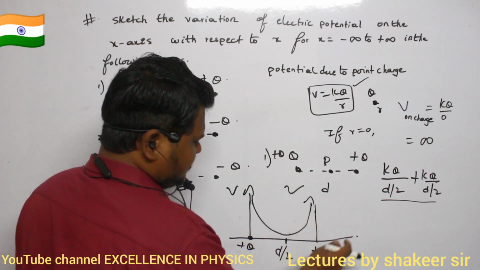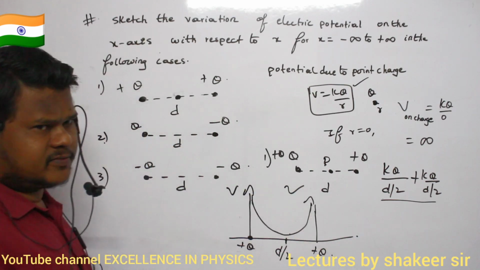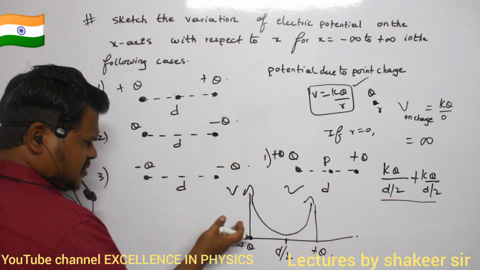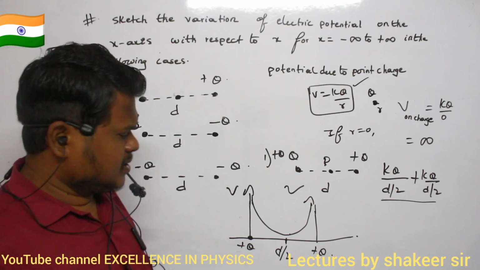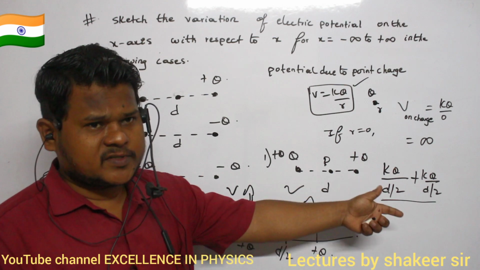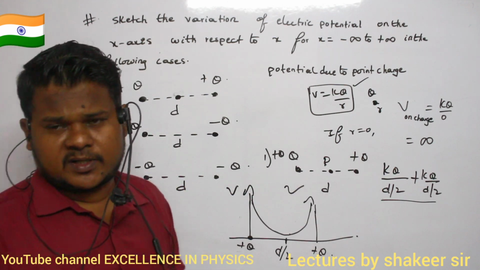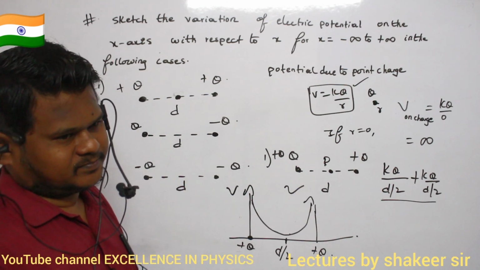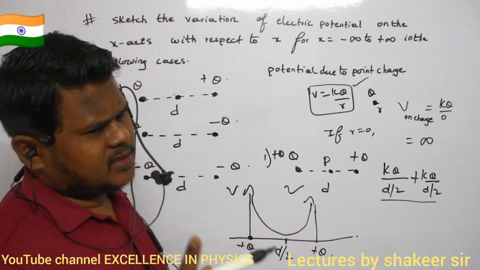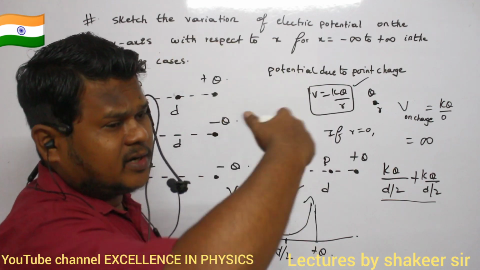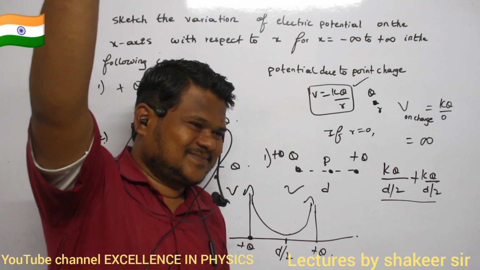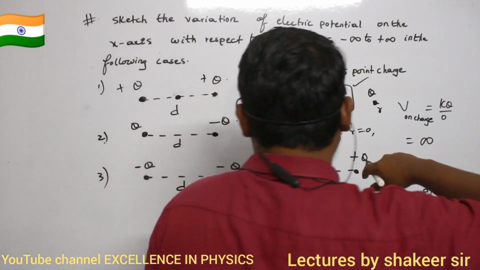Now on the right side of the second charge, how can I draw a graph? Still the graph is not completed. This side also we should draw the graph. Now can you say what will be the shape of the graph on the right side of the second charge? So again same concept. Potential near the charge will be how much? Infinite. And potential at a very long distance from the charge will be how much? 0. So let us see this condition.